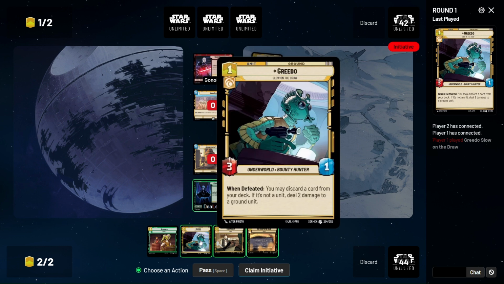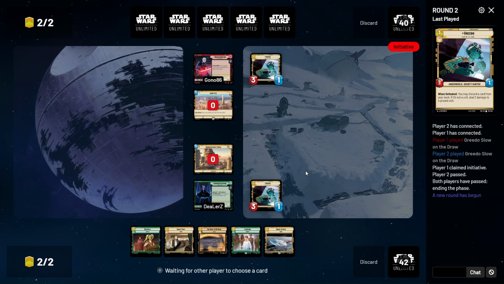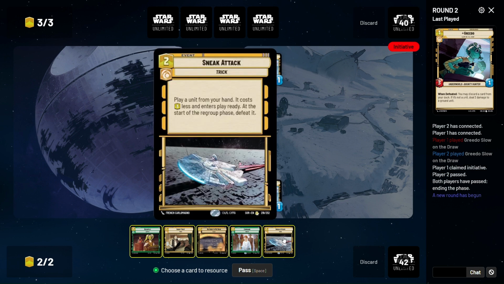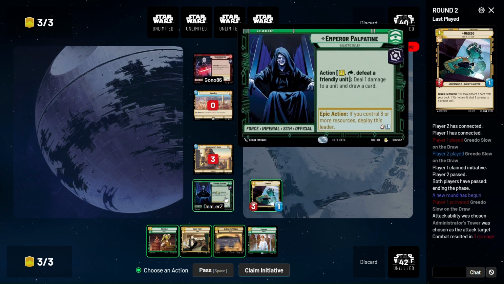Greedo versus Greedo. I mean, if they do something else here, then we could just kill Greedo and try to kill mine, I guess. Okay, we have shoot first if they don't have a shoot first. Sneak attack. It's not a card I want right now. Possibly just resupplying this turn if they kill Greedo. Okay, we could just...